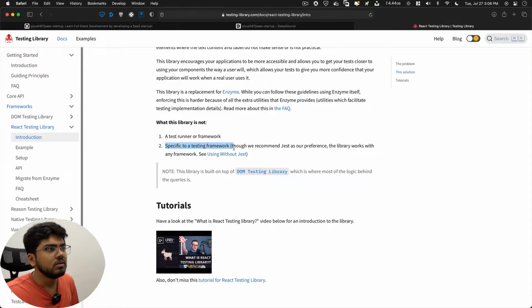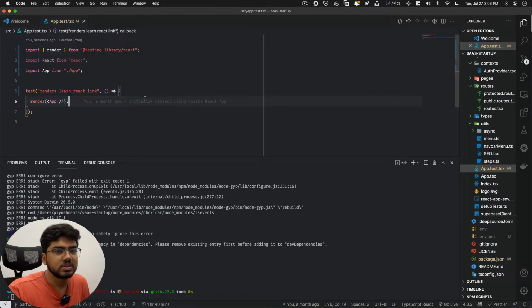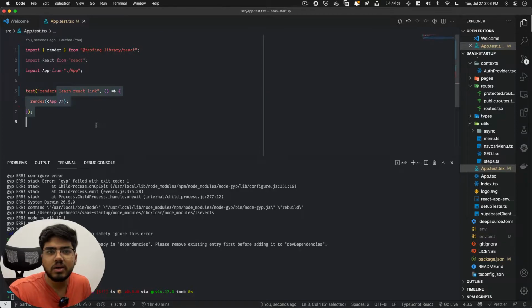For running our tests, we will be using Jest, because that is provided for us by default in React. Like Mocha and Chai, Jest is a runner. But React Testing Library provides us utility functions which we can use to test things.